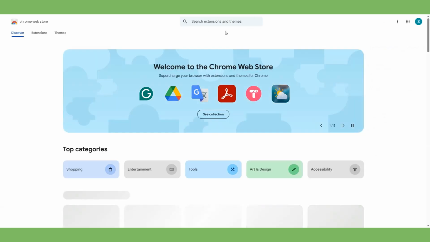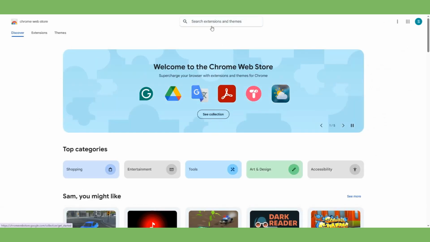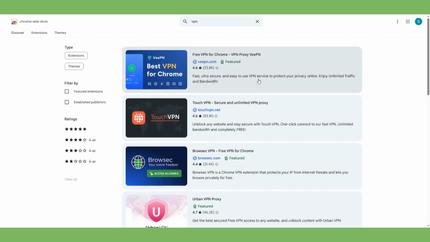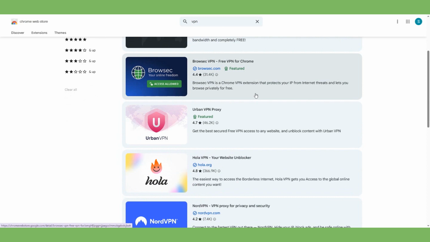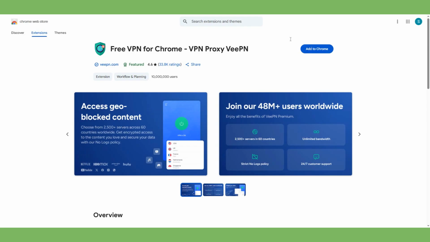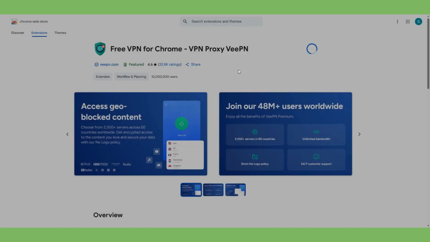Okay, so we have here the Chrome store where you can add extensions. Just right here, VPN. Just click and you will find many VPN extensions that you can use. I recommend the first one, the featured one, that is Free VPN for Chrome. Just click here and then click on add to Chrome. Okay, then just click here on add extension,